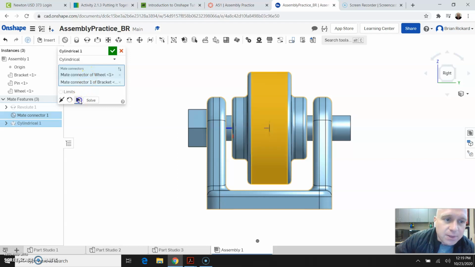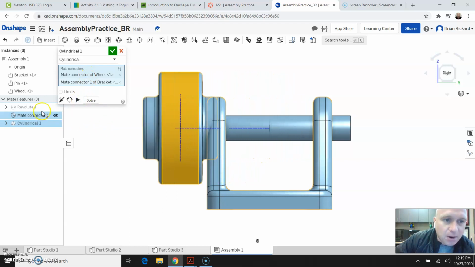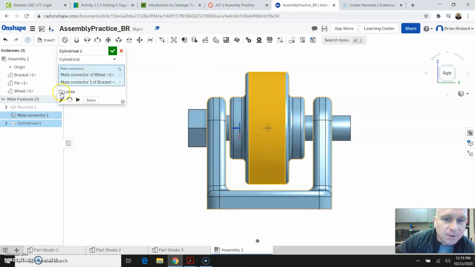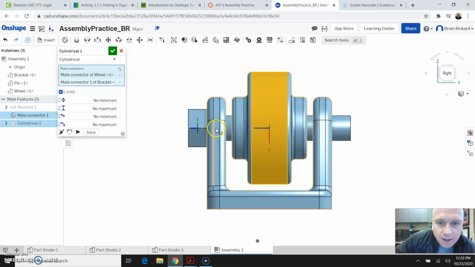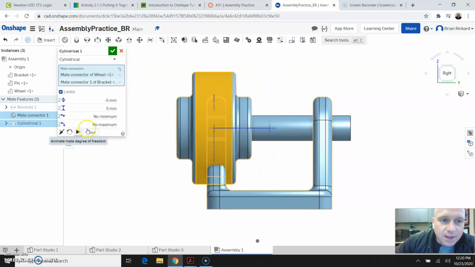Now, when we look at that again, it goes past the part, and so we want to set some limits to that. And so I've measured this part already, and I know that I want the Z minimum translation to be -5 millimeters, and I want the maximum to be 5 millimeters. So if I put those in and then I select,